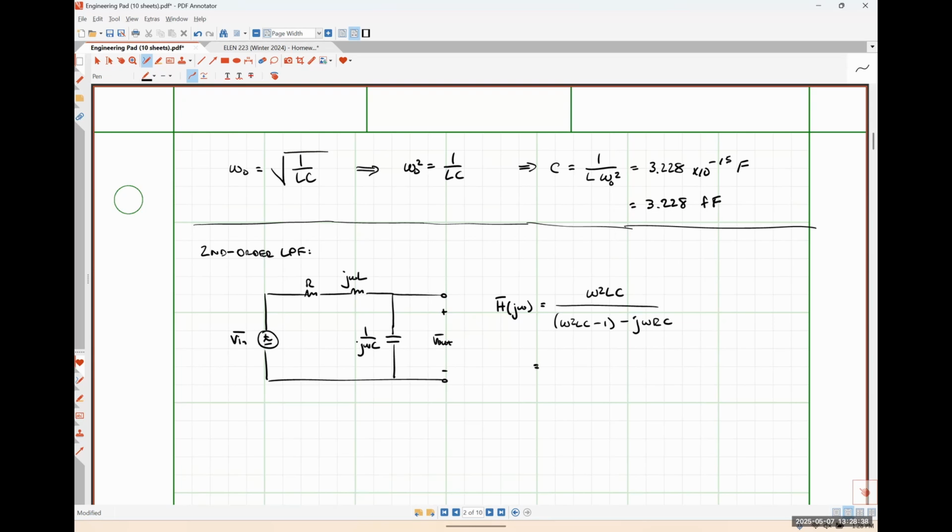Splitting that up into its real and imaginary parts would give us omega squared LC times (omega squared LC minus 1) over (omega squared LC minus 1)